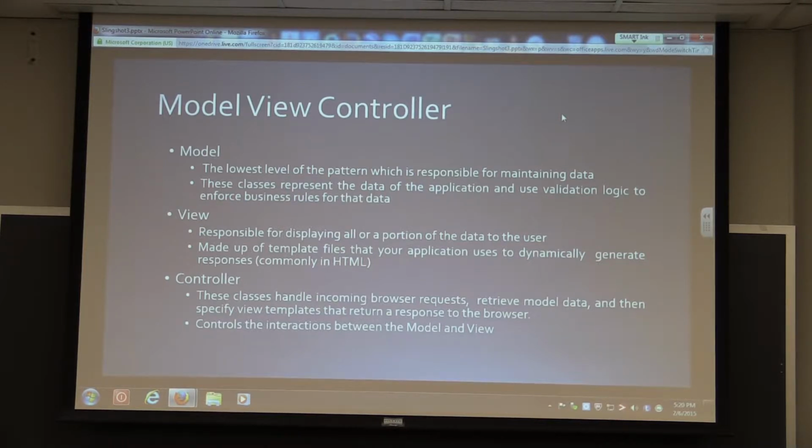Then the view is responsible for displaying all or a portion of the data to the user, made up of template files that your application uses to dynamically generate your responses. So typically this is the HTML that it spits back out. That's generally what you're going to see. And again, we're going to go more into the model and view on Monday night when we come back in here, but that's just a general idea of the basics of your separations of concern,